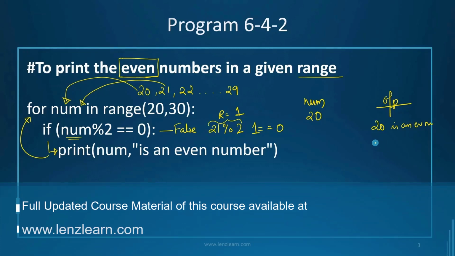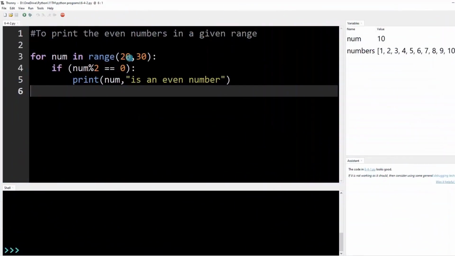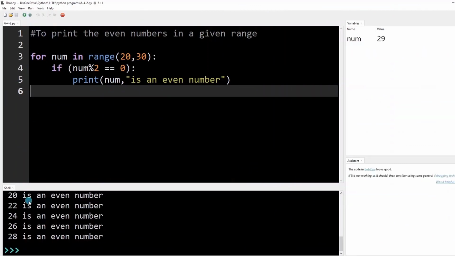So in the result, it will come 20, 22, 24, 26, 28, and the program will stop. Right, because in the range we have only numbers up till 29. 30 is not included, so that will not come in the result. Okay, so now let us run this program. So now we have the program ready, so let me run it. Now you can see, as expected, the output started 20 and we are printing all the even numbers up till